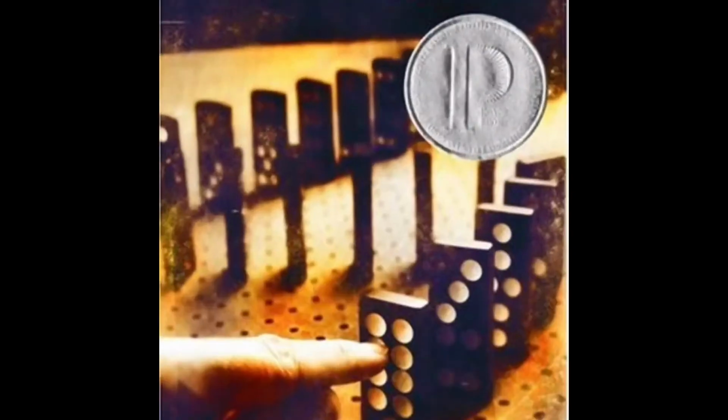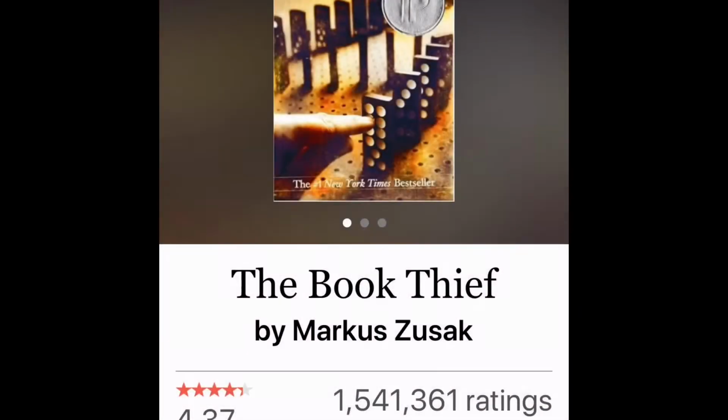Brown. For the color brown, I chose the book, The Book Thief. The Book Thief was a book that I actually heard one of my friends talk about that she had just finished reading, and she didn't know anything about this book prior to reading it. And then I ended up finding out that about a month ago, it was one of the books on the monthly reads in the Blind Audio Book Club on Facebook. So I ended up reading it, not really knowing a whole bunch about this book, just kind of knowing the